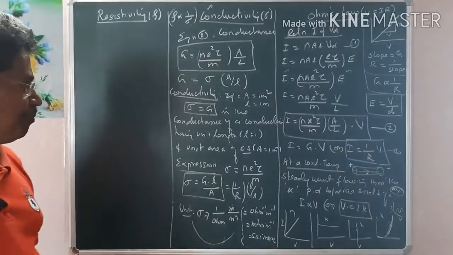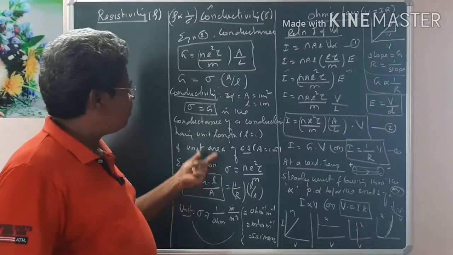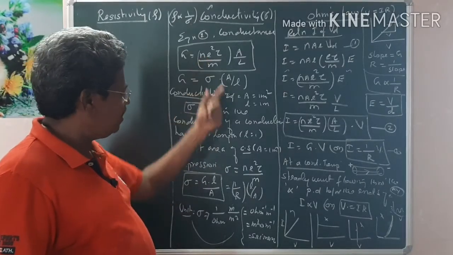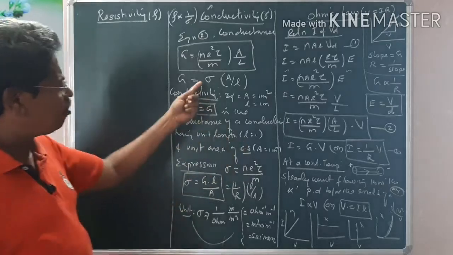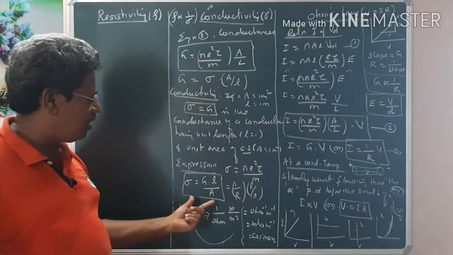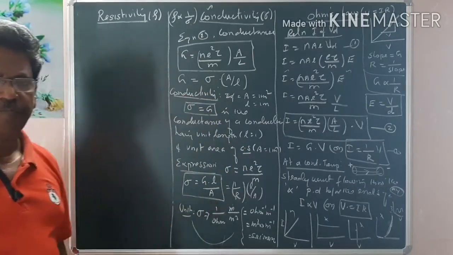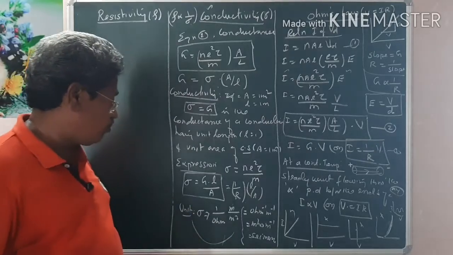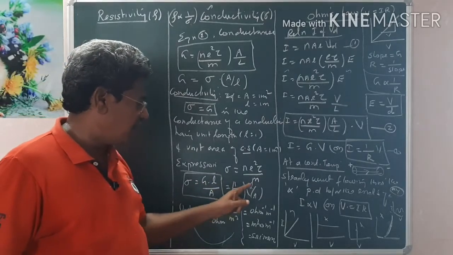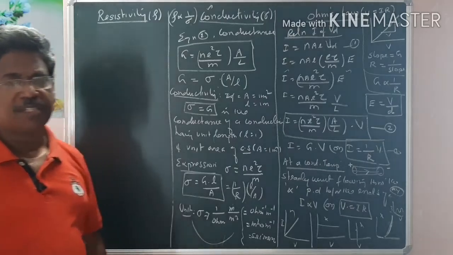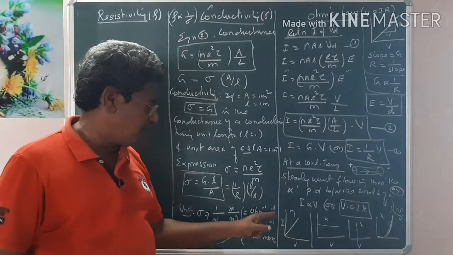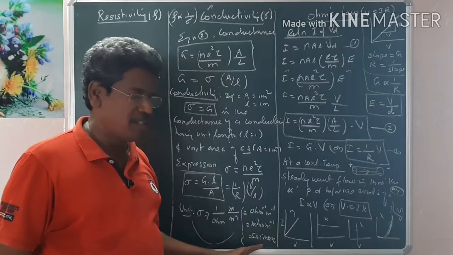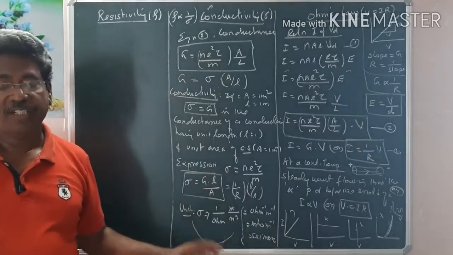That's all. Then one more thing. So what will be the expression for sigma? Either you can write this is sigma, yes, correct. Or you can also write from here, sigma is equal to G into L by A, which is right, all are correct. Then I want to give the unit for this one, G is equal to 1 by R, L into A. Based on this we have derived some units. What are the three units? Ohm inverse M inverse, mho M inverse, or simply Siemens. These are all the units of conductivity.